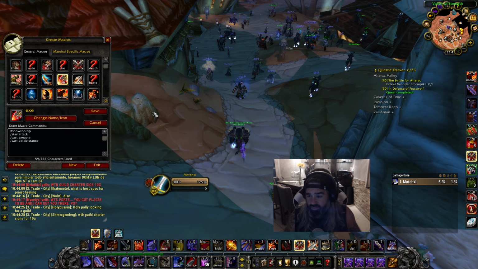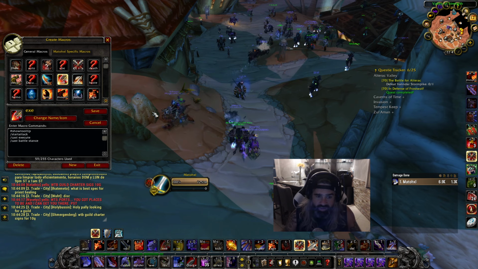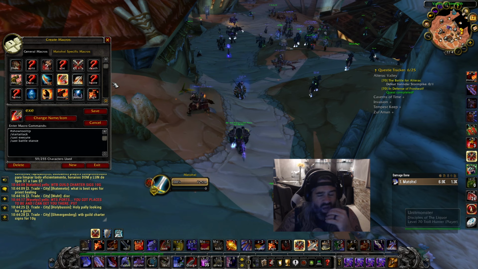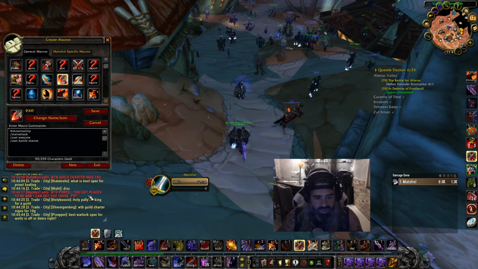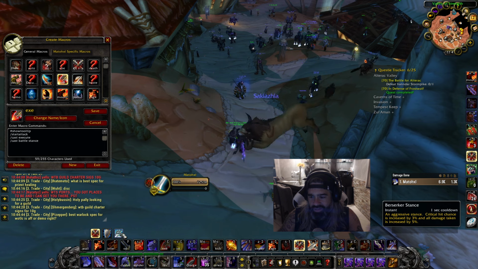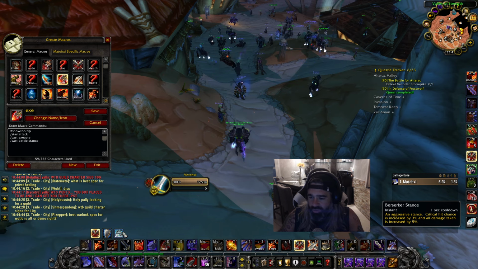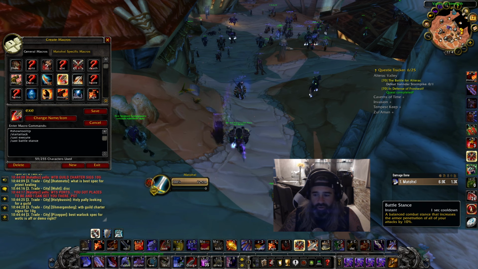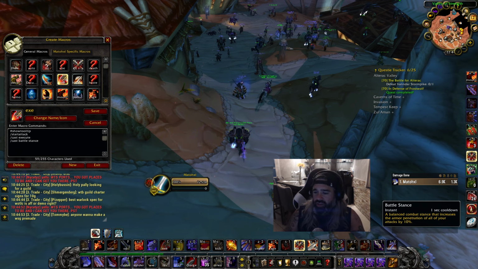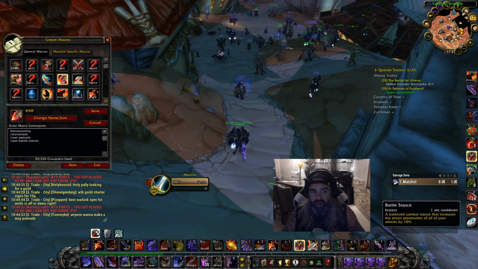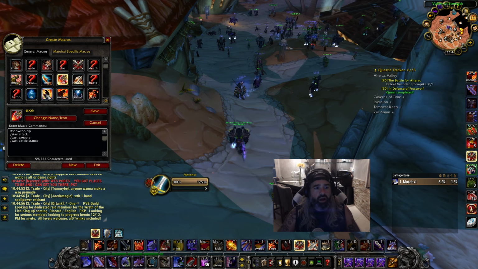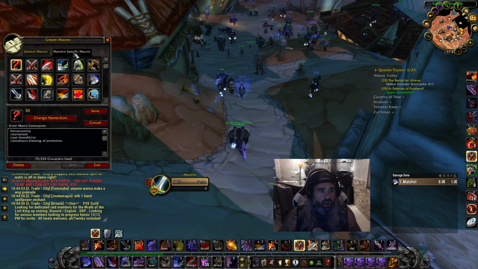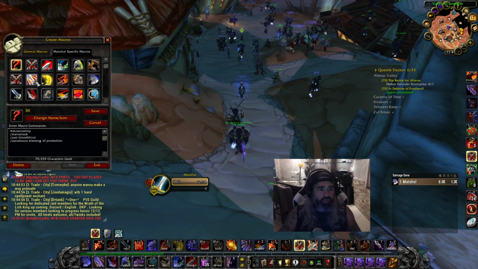So I always have enough rage to get an execute out. I prefer battle stance over berserker stance because you take more damage in berserker stance. My crit chance is already really high, and I prefer that extra 10% armor penetration that you get out of battle stance. Now let's go a little bit further, and we'll go into my heroic strike macro, because this is